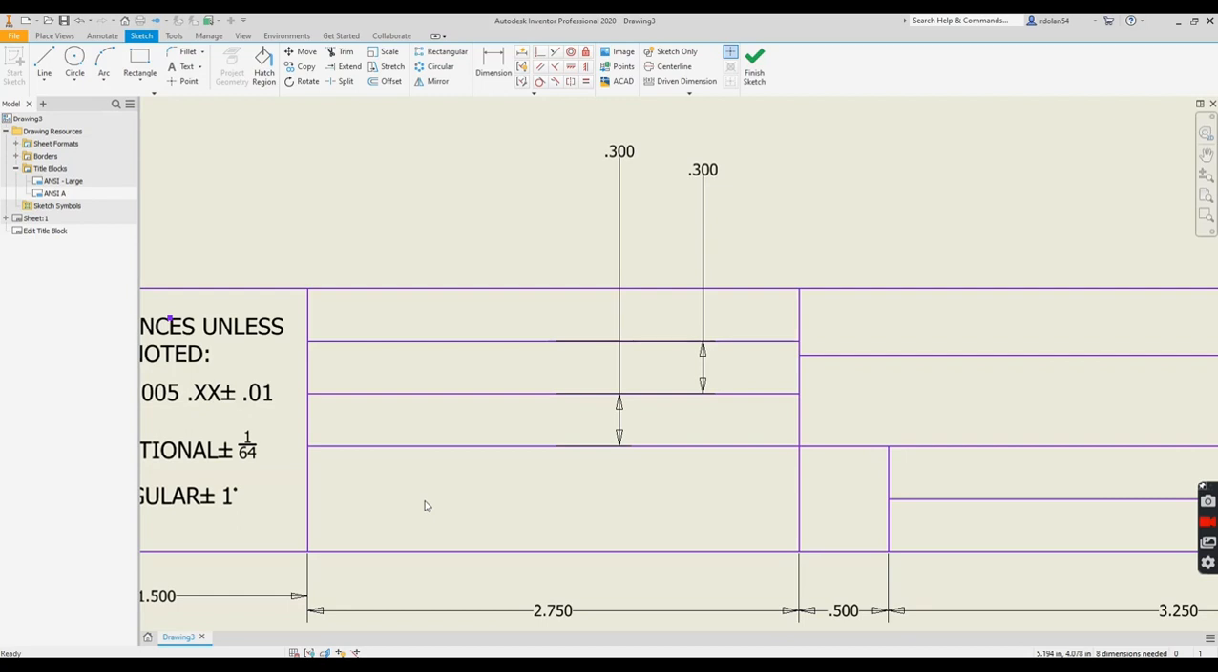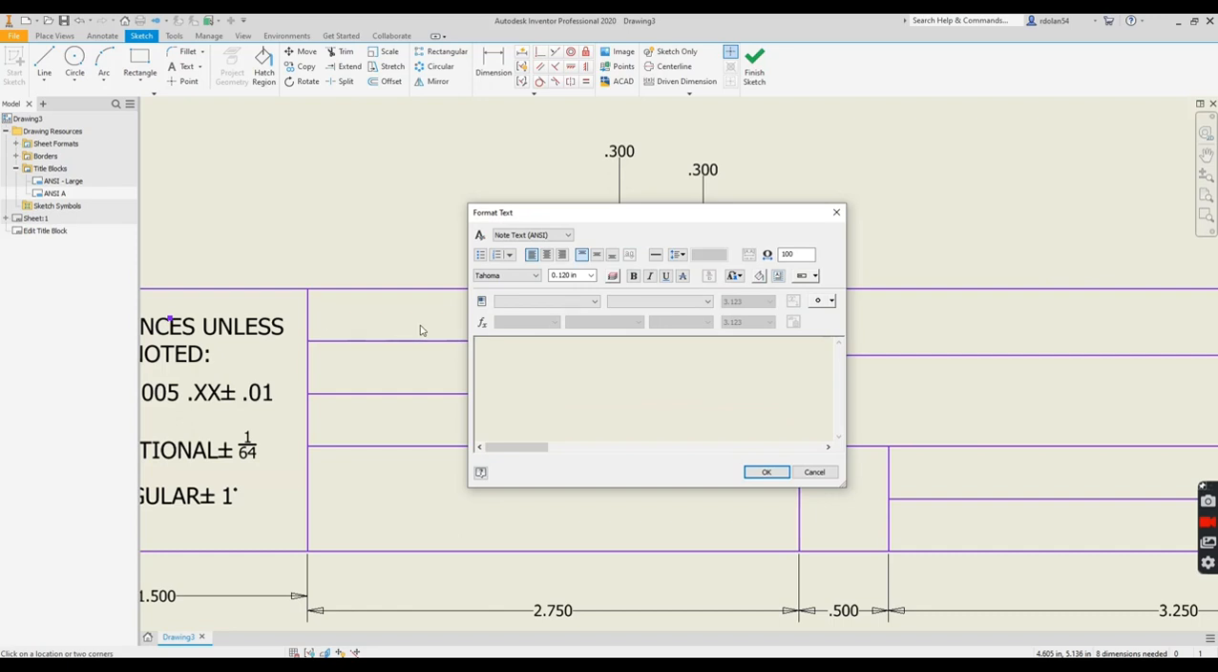Like our name, the date, the scale. So the first thing we're going to do is we're going to put drawn by. I'm going to go to text, and I'm going to put it pretty close to the end and close to the center. It doesn't have to be perfect. I'm going to pick there, my text height is 0.125. Now I want this to be middle justification. Now I'm going to put DWG